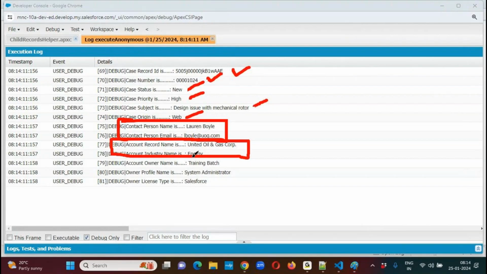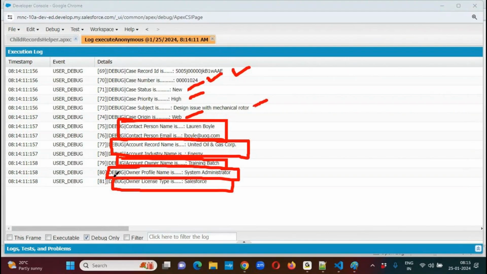Now this is having energy industry. This account record is created by training batch user. Training batch user is having system administrator profile. This profile is associated with Salesforce license. So we are able to collect all the details just with the help of a single SOQL